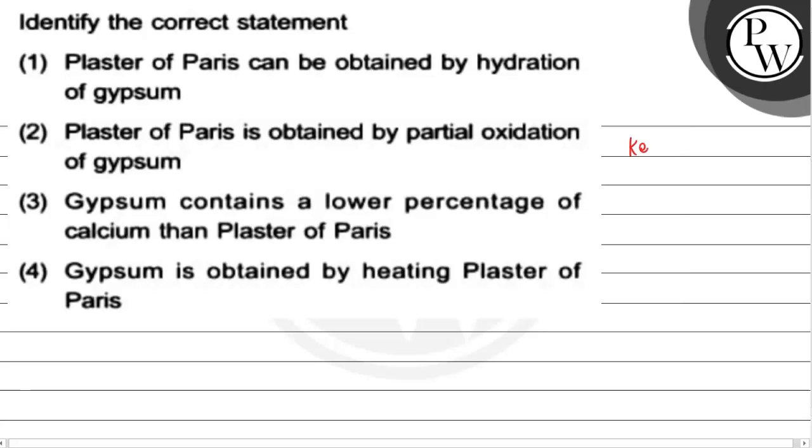So the first key concept here is that one should be aware about the composition of gypsum, that is calcium sulfate dihydrate. And what about plaster of Paris? So plaster of Paris is calcium sulfate